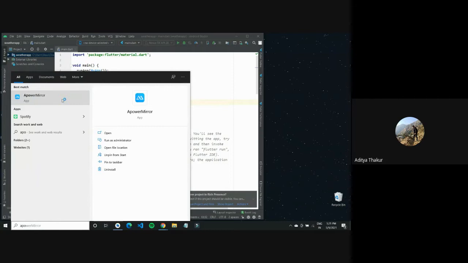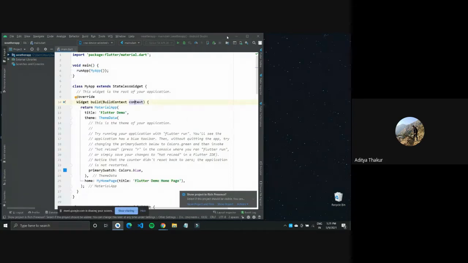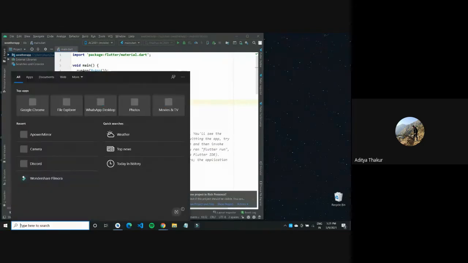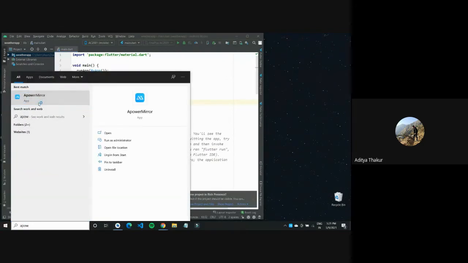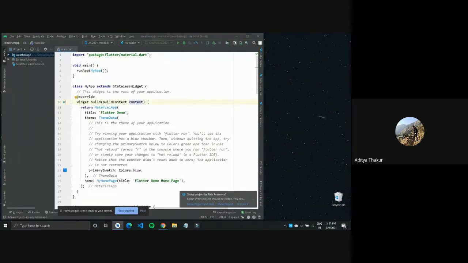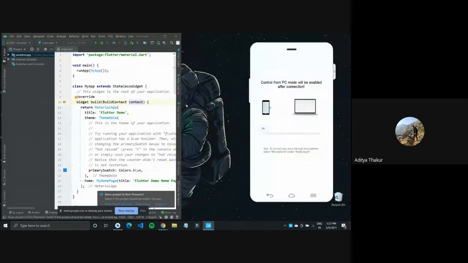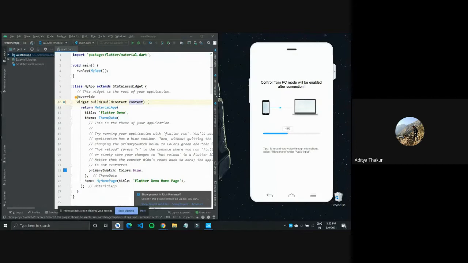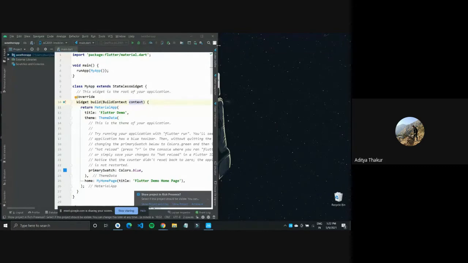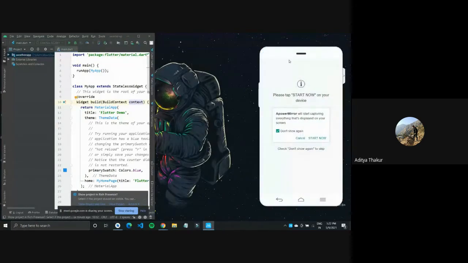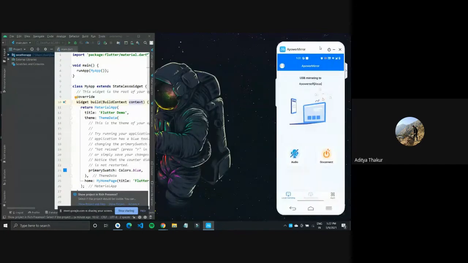And this is a small trick that I use to show my mobile device. You can use ApowerMirror. It's an application available on your Play Store, and you can also download it on your Windows PC to mirror your mobile device. So my application would actually be running on my Android mobile phone, and it can be mirrored here, showing how it will look on the device using this ApowerMirror application. So yeah, I'll just set that up once. And there we have it.